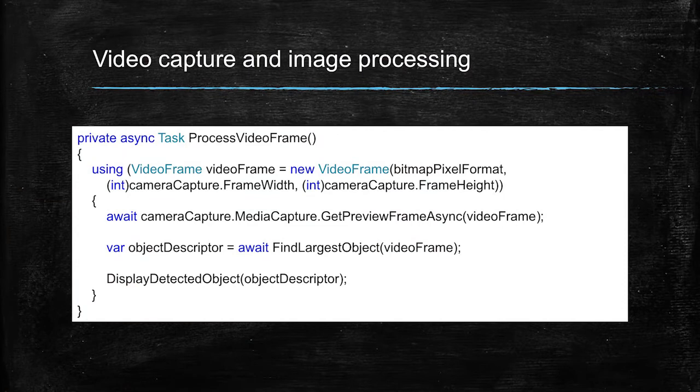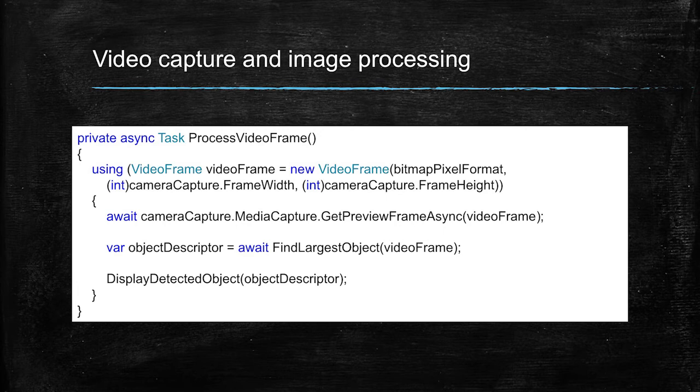Okay, going back to details. So when I have the video capture for custom processing, I have a method which is called in a background thread in a loop. It acquires data from the webcam. Then I call the method which processes the image, and this method tells me the description of the largest detected object, and then I display this information on the screen or on the LED array of this small device.